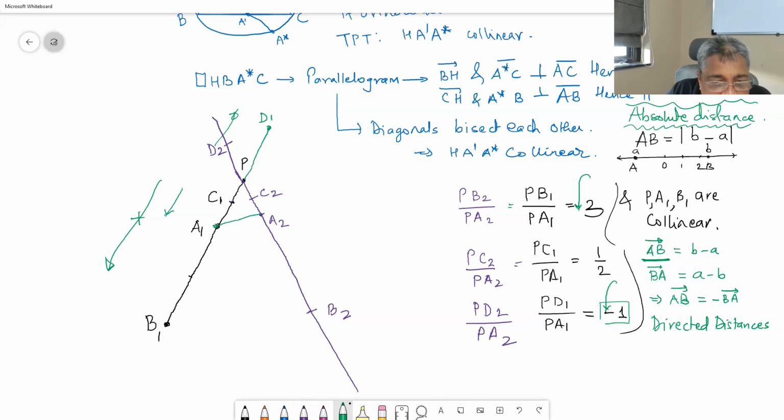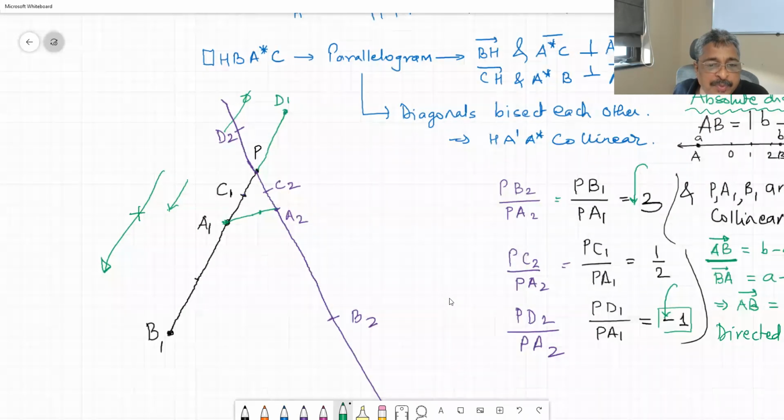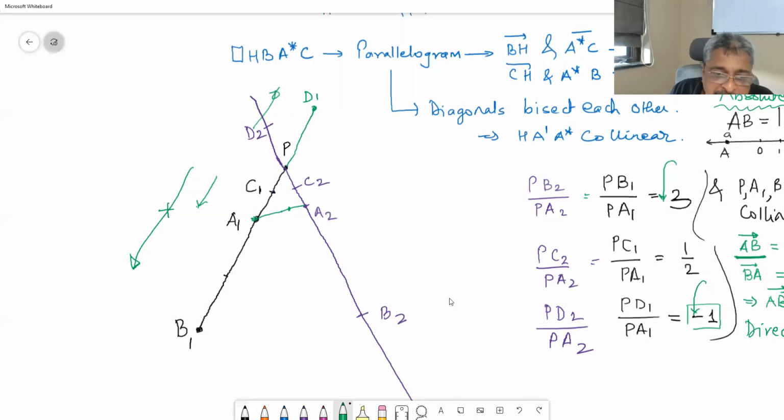And therefore, now I will show you that suppose I join A1, A2 and take one more point over here, not midpoint, over here. Let me make it a little bigger and call that point A3. Can you quickly get me corresponding B3? Get B3, C3, D3 quickly. Can you get me these points very quickly?